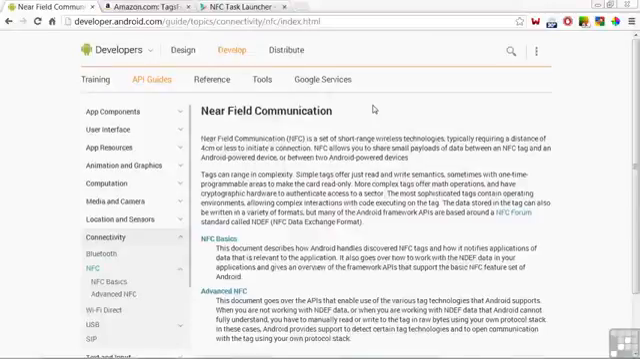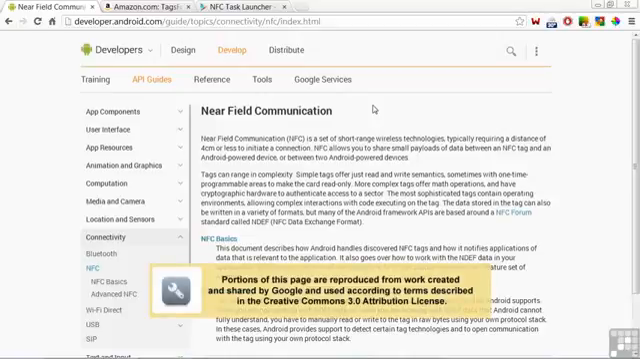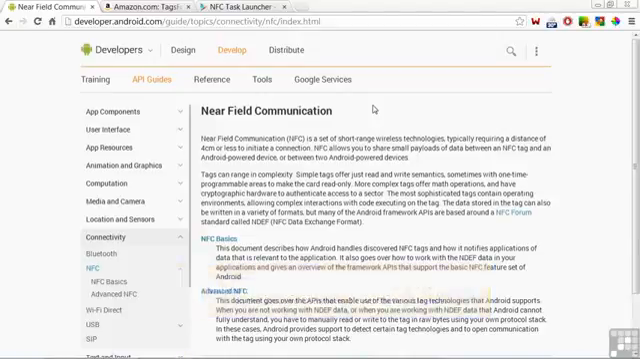In this lesson, you'll learn how to implement NFC, or Near-Field Communications, in your Android apps. NFC is a set of short-range wireless technologies. Usually a distance of 4 centimeters or less is needed to initiate a connection. NFC allows you to share small blocks of data between an NFC tag and an Android-powered device, or between two